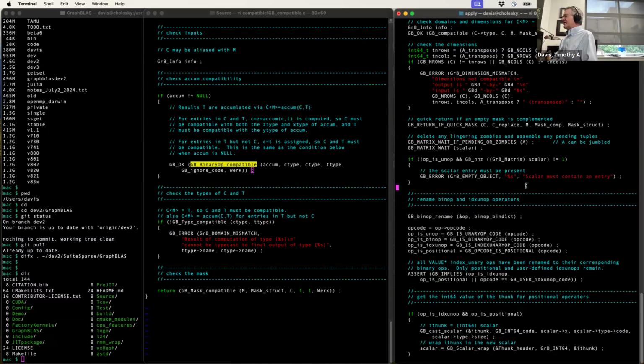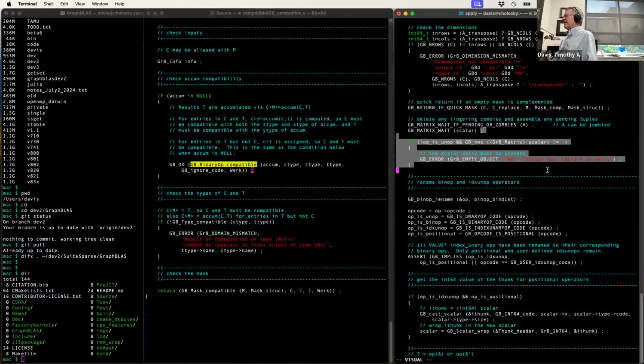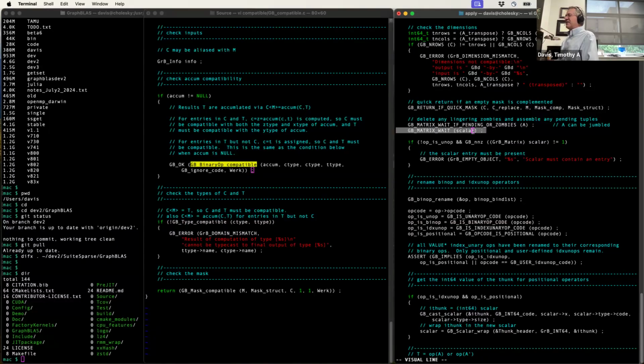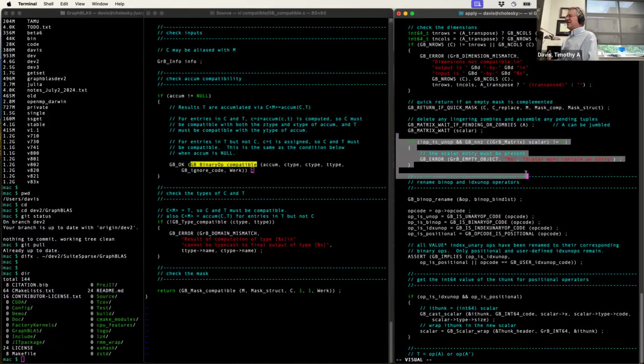And another final error check here, and I have to put this error check after the wait on the scalar, because I'm going to now check to see, because with GrB bind first or bind second, or the index unary op, you pass in a scalar. That scalar can be a GrB_Scalar or it can be a C scalar. Right now it's a GrB_Scalar because I've wrapped what I do at the, you didn't see this, but at the very top level in GrB_apply,